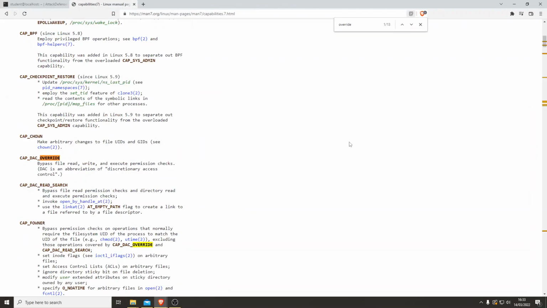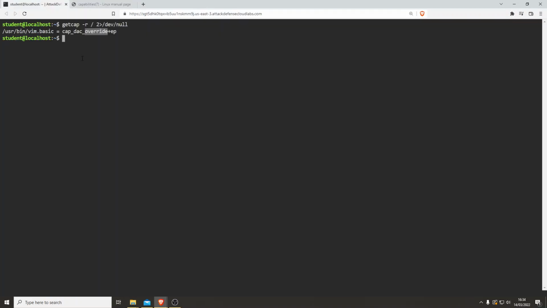Okay, cap_dac_override: bypass file read, write, and execute permission checks. DAC is an abbreviation of discretionary access control. Oh, that's interesting. Let me get a sip of water. So, using Vim,